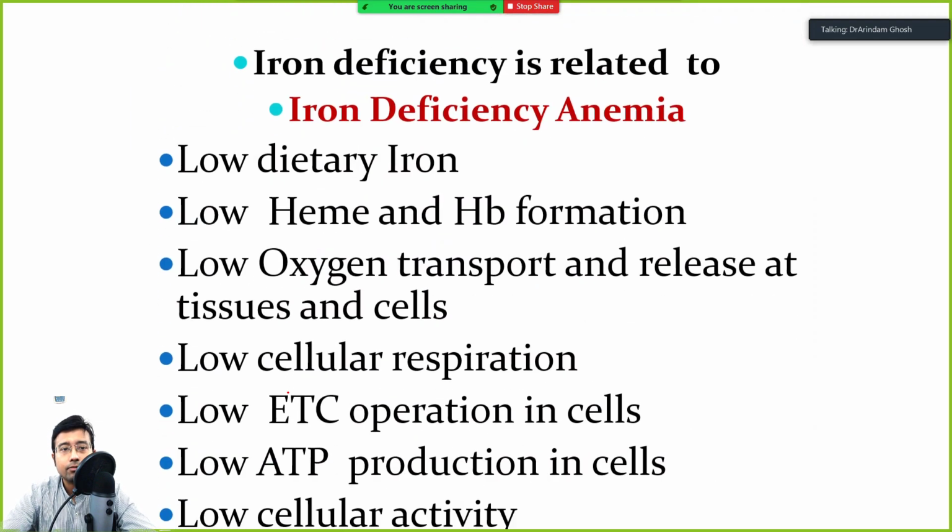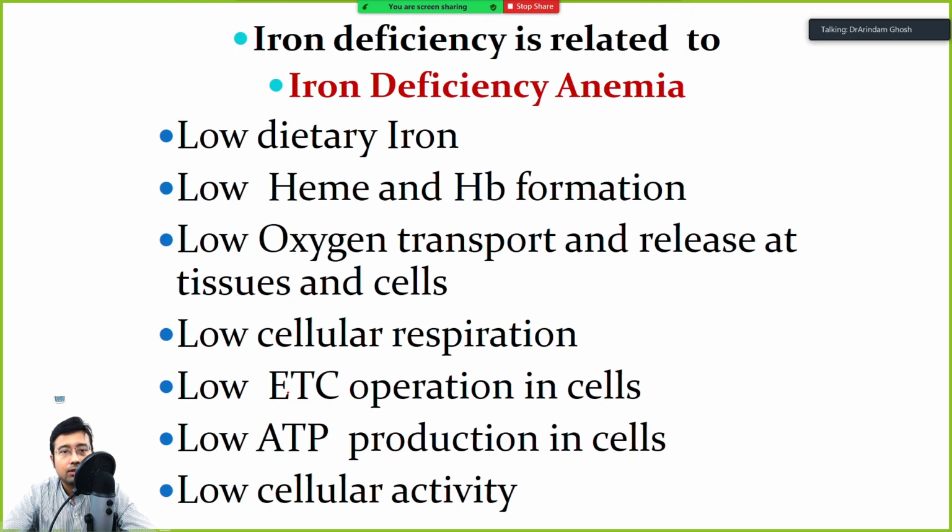So what actually happens in our body? The basic physiology and biochemistry. Why can iron deficiency anemia happen and what is the outcome? Actually there are two reasons. Number one is low dietary iron. That is fine, because the majority of the iron that our body needs is not coming from the diet. It is recycled iron. But if a chronically low iron containing diet is given, it may result in anemia.